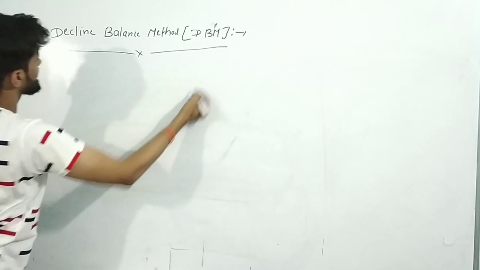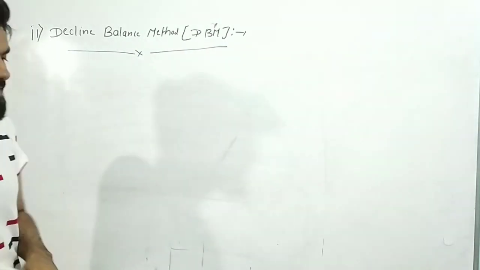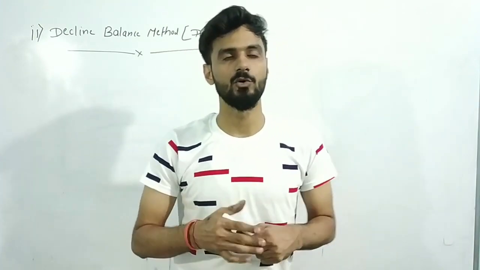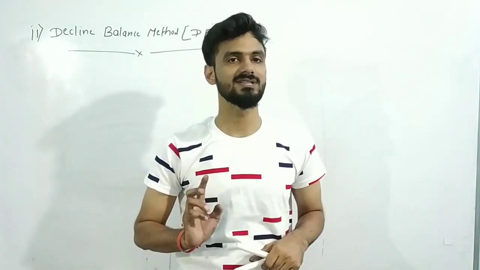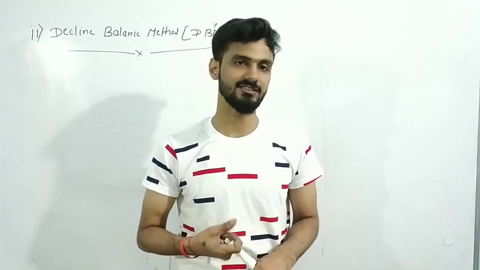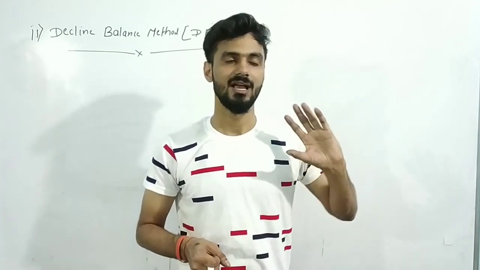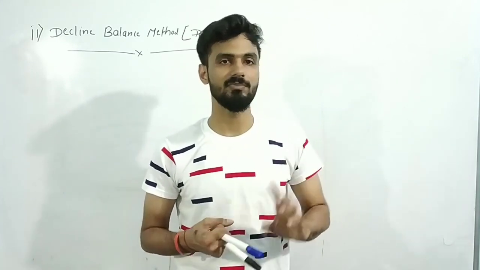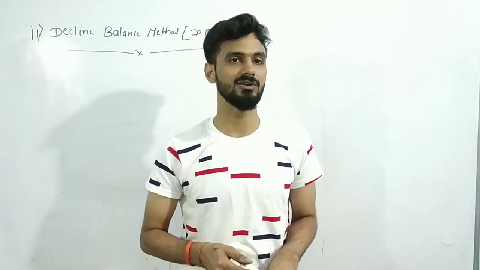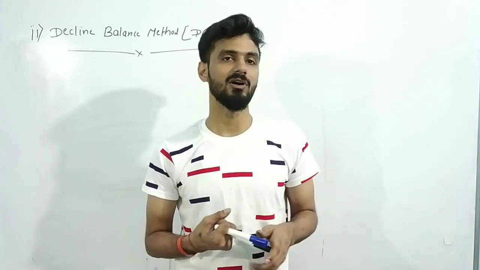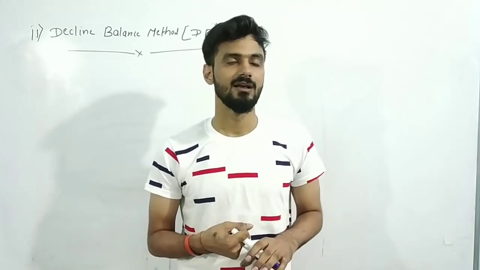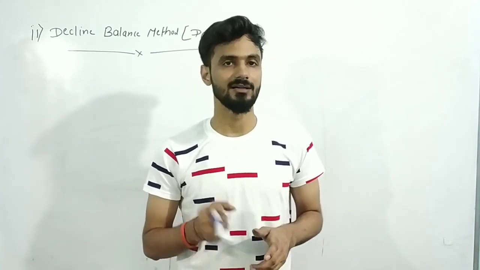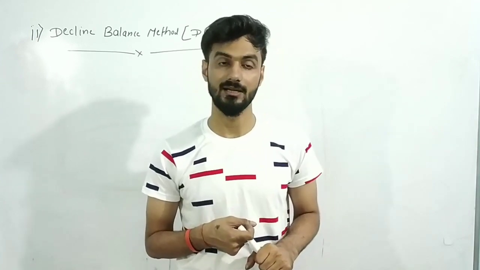If you think about the declining balance method, the major assumption is that the value of depreciation is going to change every year. It's not going to be the same. The second assumption is that the percentage fixed factor is going to be the same throughout the whole service life, but the depreciation value changes every year. In the straight line method you get the same depreciation value, but you will not get the same value from the declining balance method.